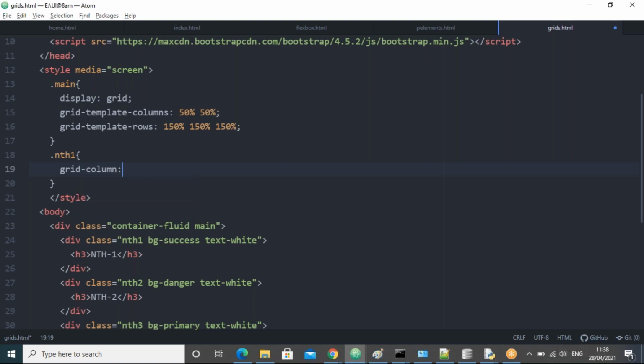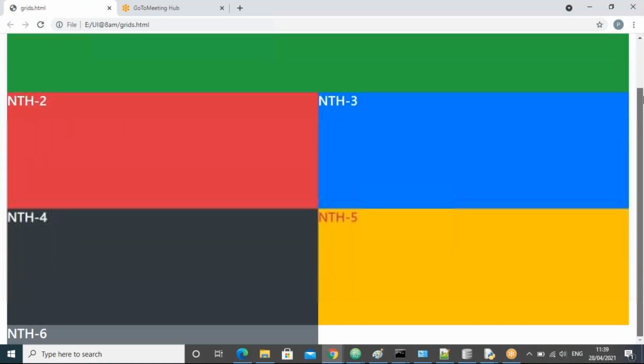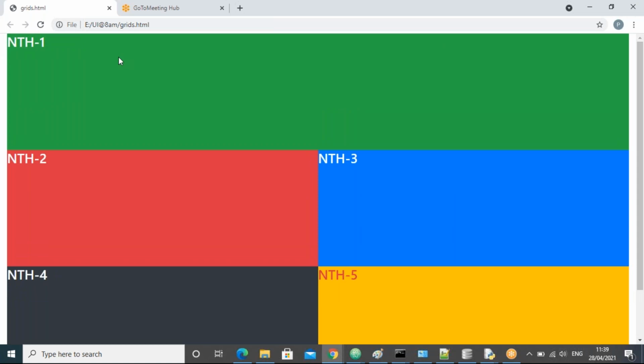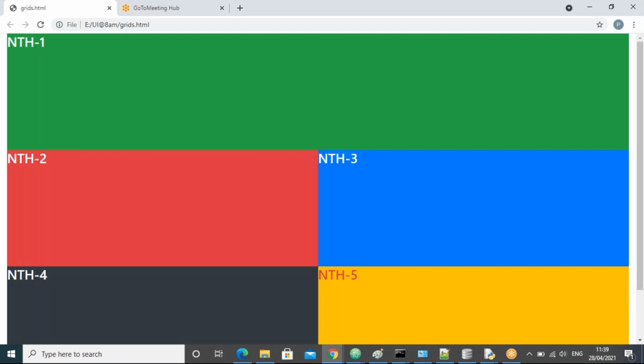We'll take 1, 2, 3 now, starting from 1 up to 3, guys. Now all of you can observe it here. That's fine. Now the NTH1 came, from column line number 1 to column line number 3. And what are the row numbers for this one? Row number 1 to row number 2, guys. This is currently between row number 1 to 2. So you can take the row number also, so that it will be fixed there.